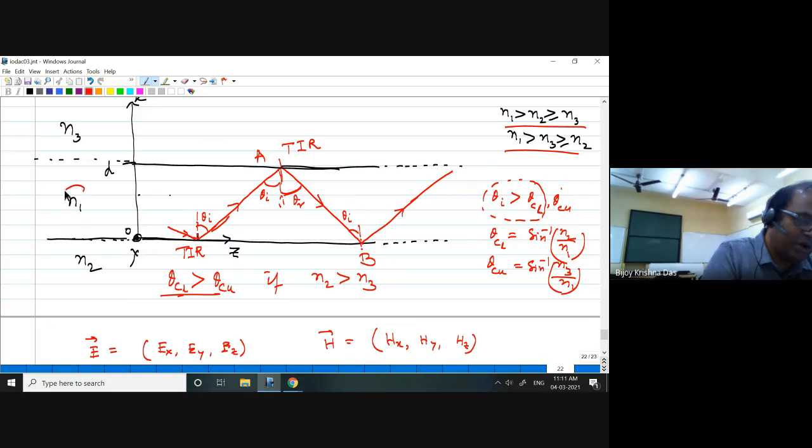So this is the N1 medium, which is homogeneous over the entire 0 to D section. And for x greater than D, that is also a homogeneous medium. And x less than 0 is also a homogeneous medium with refractive index N2. So this is all homogeneous medium we are considering. And the interface we are also considering very perfect, no roughness, nothing. That is the ideal situation we are considering for the moment. And we are also considering that sigma equal to 0 for all these three media.